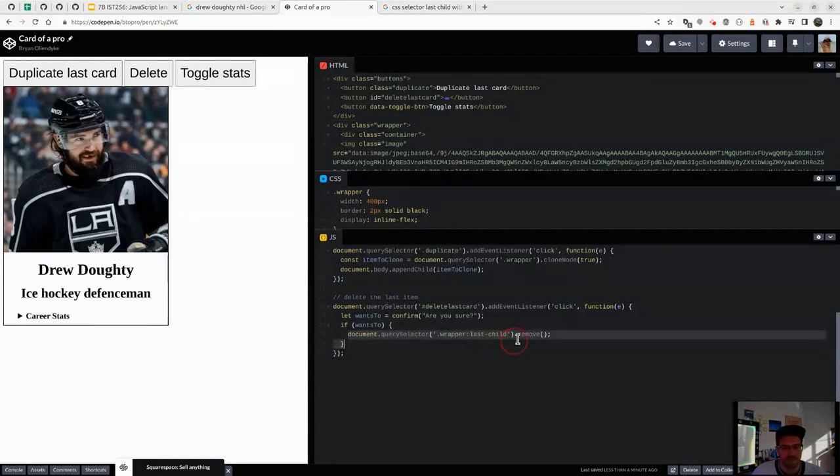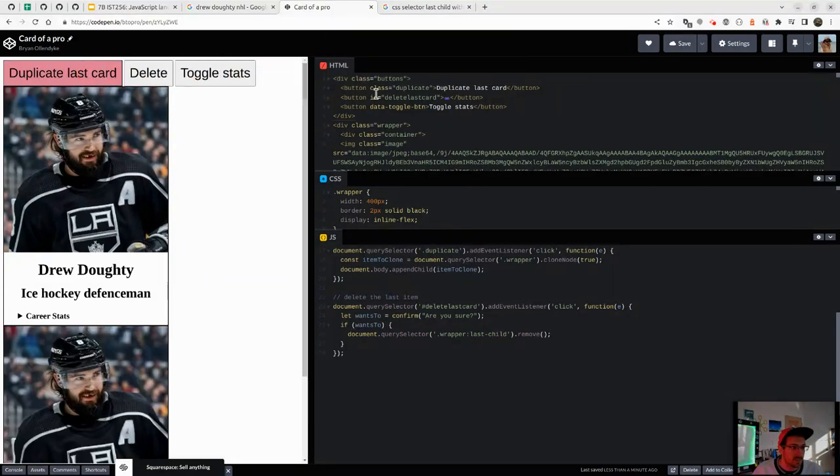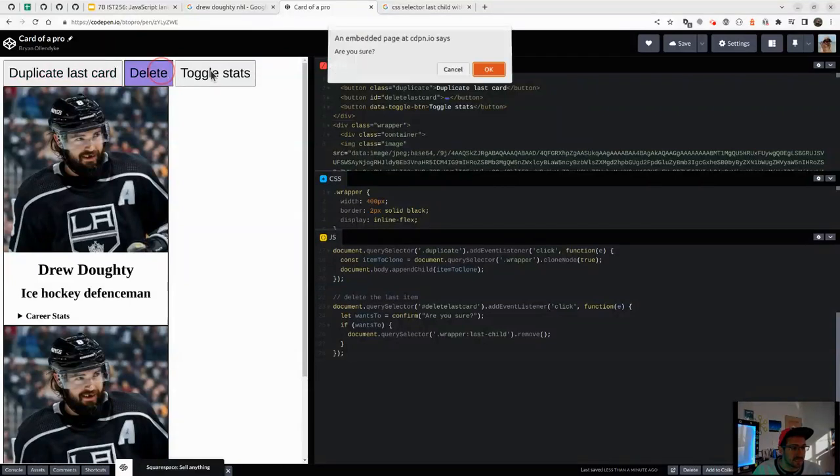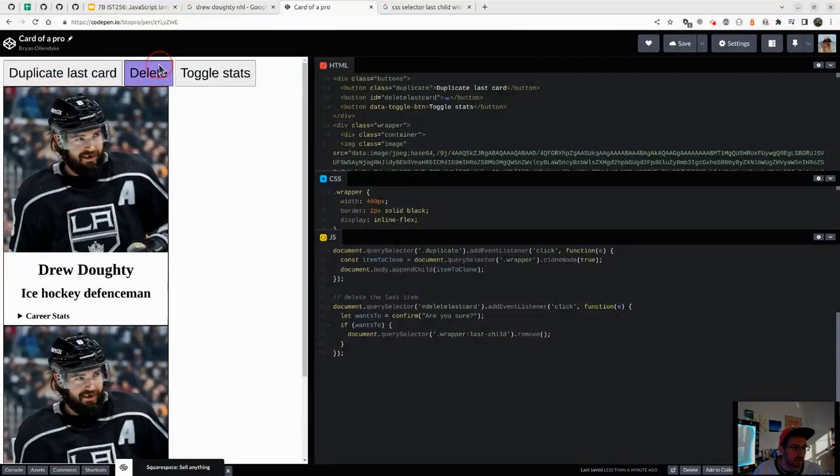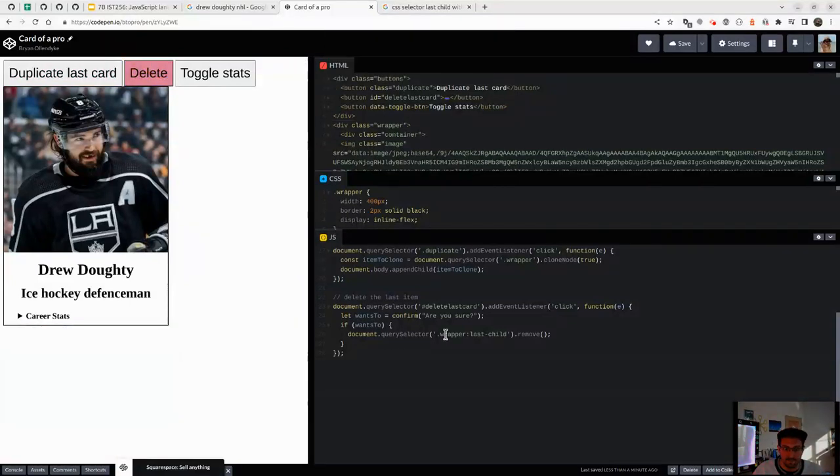Okay, so I could check that this is the same item as something else. So give me the last one, and here's a fun hack for this. If you want to do it, let's verify: if I hit duplicate, it does it. If I hit delete and I say no, it doesn't do it. Now if I hit delete and I say okay, it goes away. You want to do it, and this is how you chain these together, and the last selector